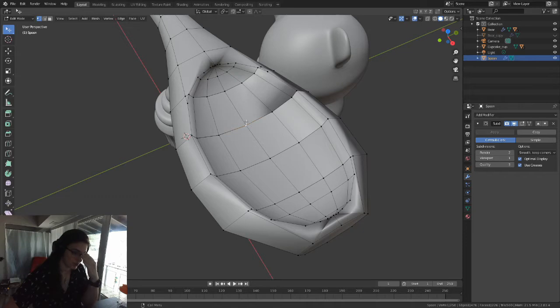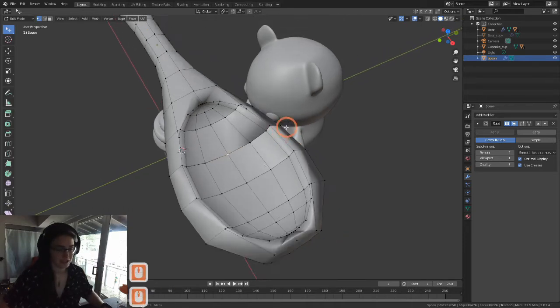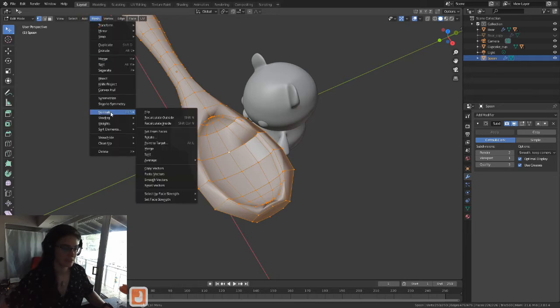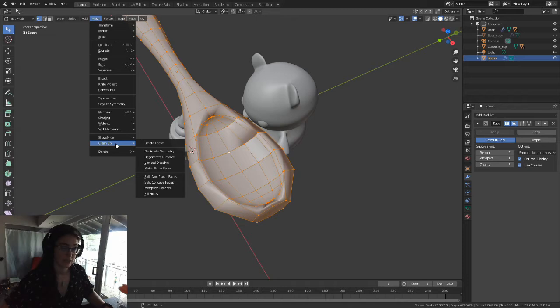So to get rid of them, first I want to select my whole object. This is the step I miss the most, is I forget to select everything, because you need to tell Blender where you want it to clean up. We're going to use the cleanup tool. So hit A to select all of the vertices, then go up to Mesh. So the upper left hand of your screen, there's Mesh. Click that,